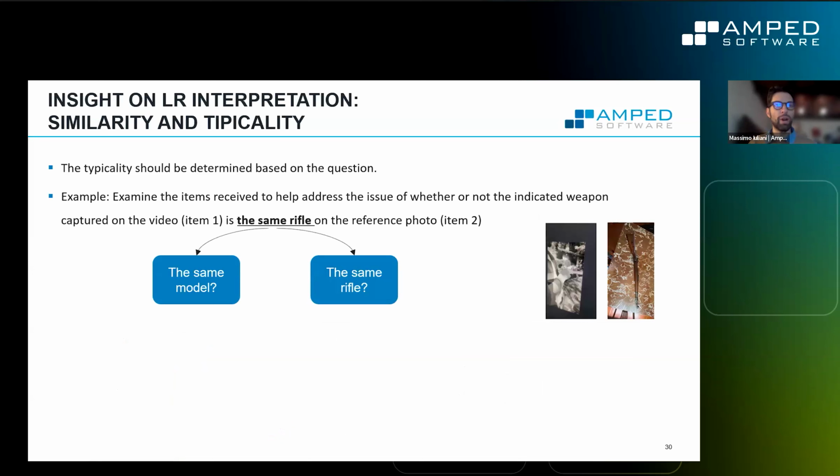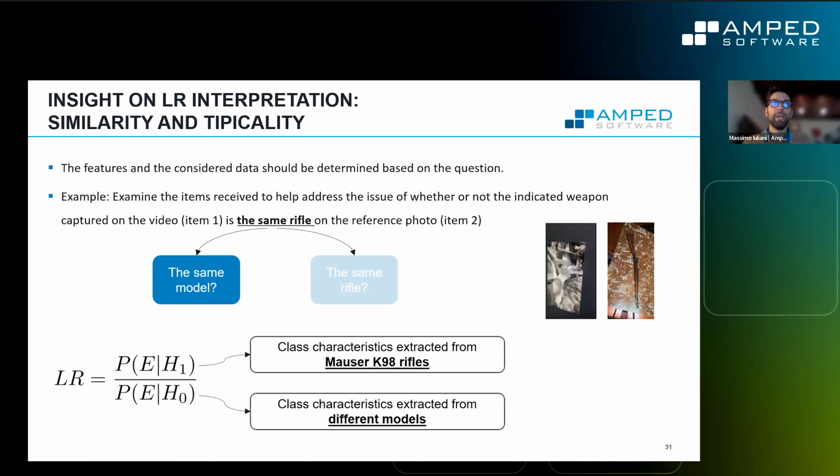Let's make the example of the rifle. We have to decide if this is the same rifle or a different rifle. But when we say the same rifle, are we intending the same model or the exact same rifle? Because depending on this question, the reasoning is very different. Let's make the example. I compute the likelihood ratio, and the question is: the same rifle? So if I'm trying to understand if it is or not the same rifle, under the hypothesis 1, it's the